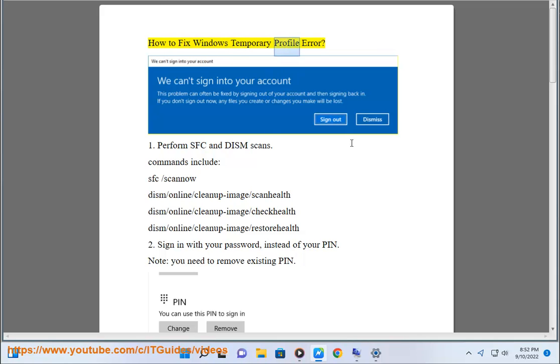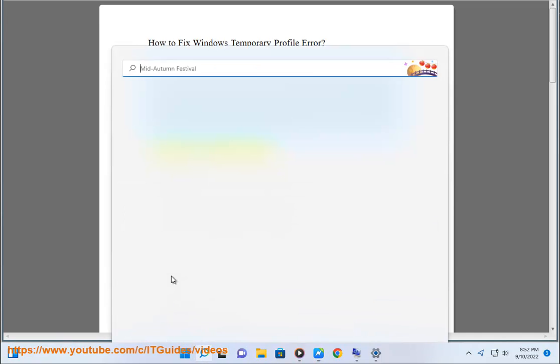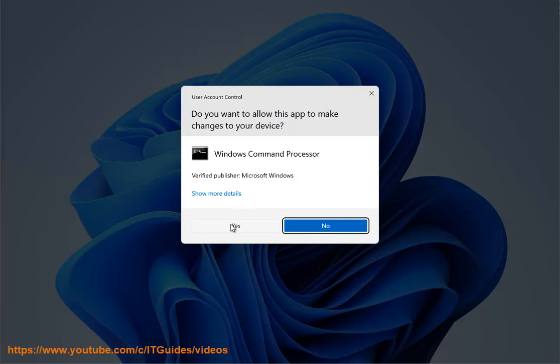How to fix Windows temporary profile error. 1. Perform SFC and DISM scans. Commands include